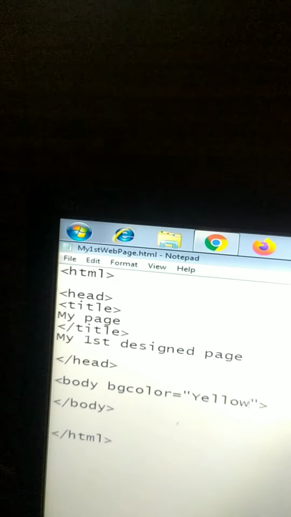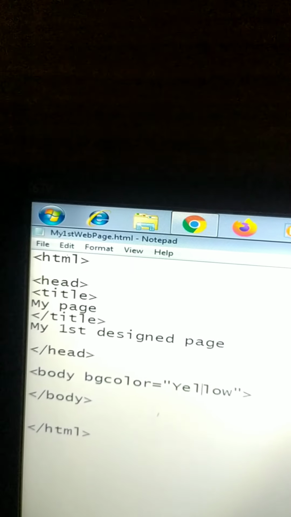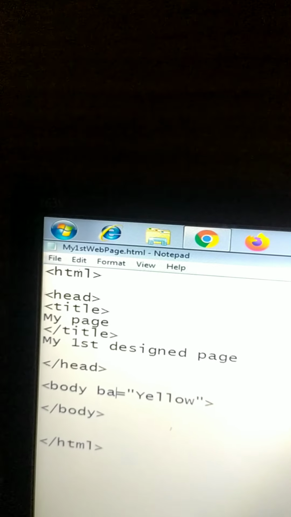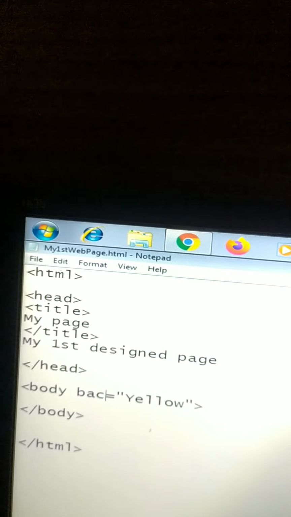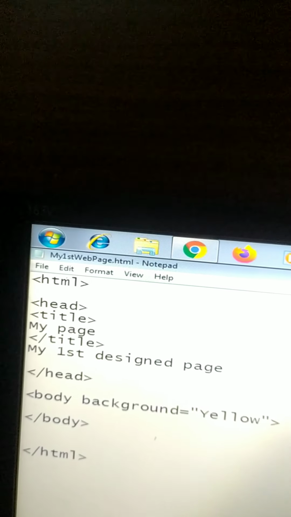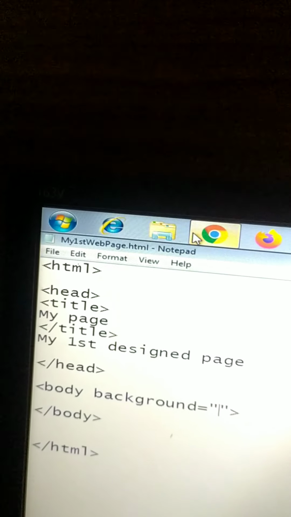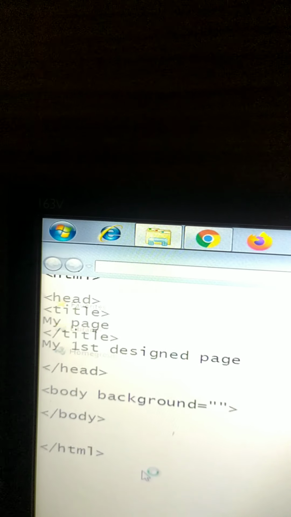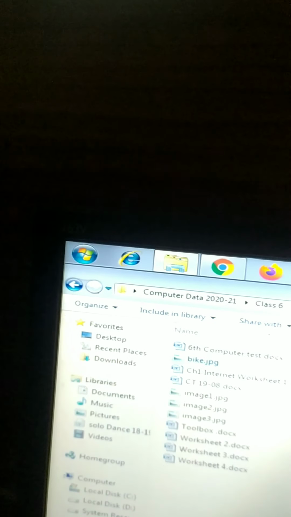Now, the next thing that we are going to study is the background. Suppose I don't want to give this color and I want to give an image as a background. So I'll give it body background equal to, suppose I have one image, a bike image.